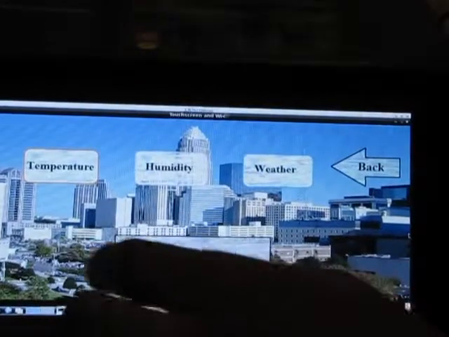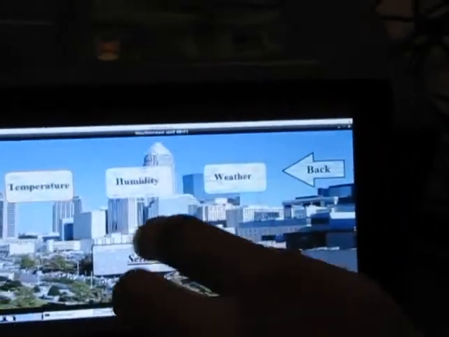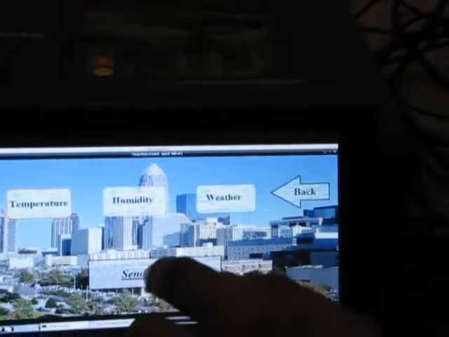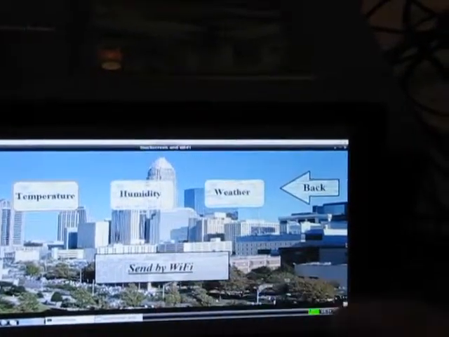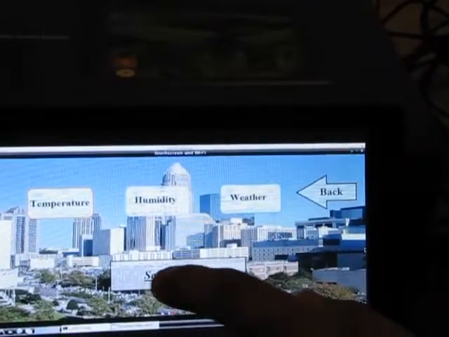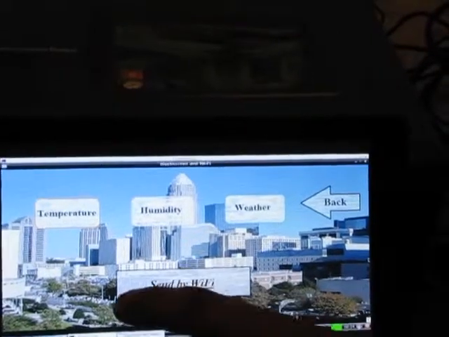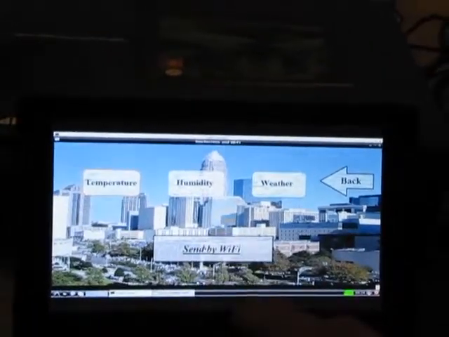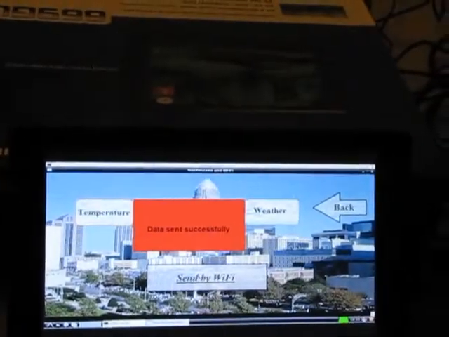Now here, this is a particular area wherein if I touch, then the data which I have entered will be transmitted via the Wi-Fi network to the client. For example, here, data is sent successfully on the client end.